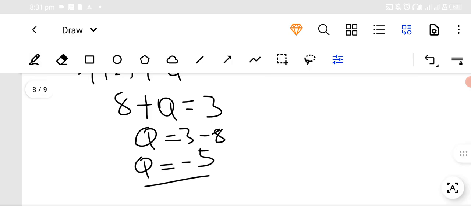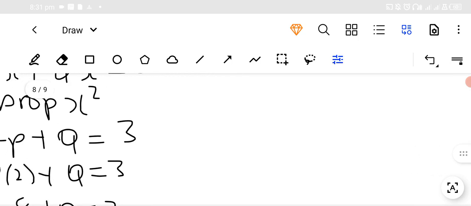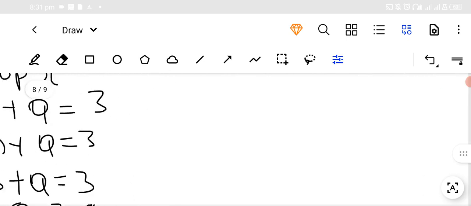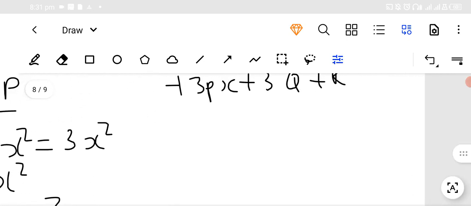Q is equal to -5. You can use a different method to find the value of Q. I'll show it this side, I'll do them